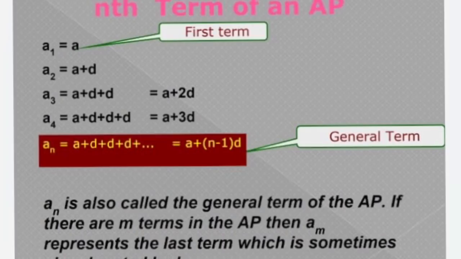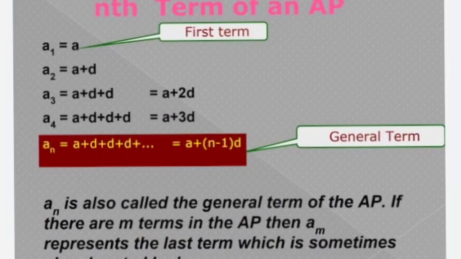Start with exercise 5.2. Let's have a look at the formula for the nth term of an AP. The exercise 5.2 is totally based on this formula: an is equal to a plus n minus 1 into d. If we look at this formula, we have four quantities: an, a, n and d. Out of these four, we will be given any three and we have to calculate the fourth. So either we will be given nth term, first term and the common difference, or we will be given first term, common difference